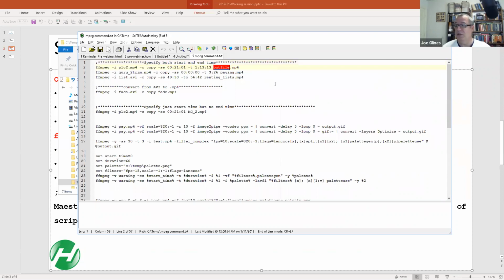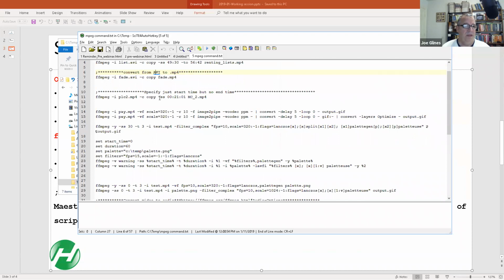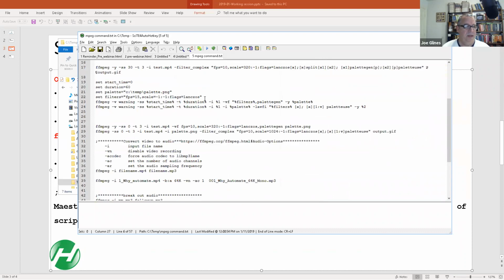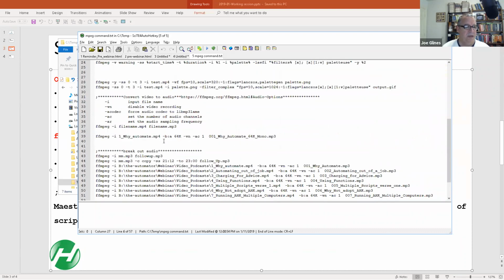So I just have this file, and actually, John, I have this built into QAP as well, but I don't think I've updated the QAP one as much as I update this one, so I still go to this one a lot. But this one I can convert from AVIs to MP4 or whatever you want, really, I think. This is, if you wanted just the start time but no end time, how to do it. And then this is the one converting from MP4 to MP3 with 64K as the audio wave level.